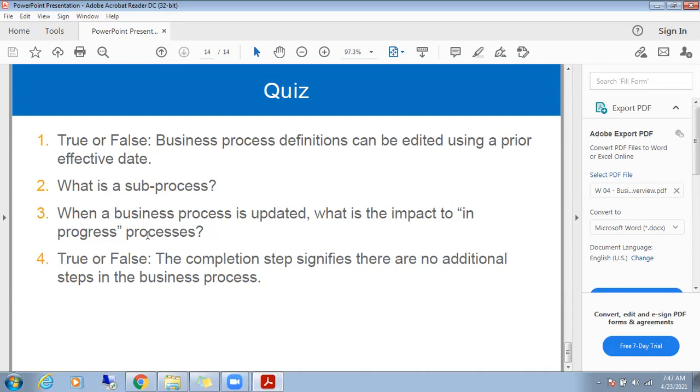They are not yet completed. If there are any changes done in the business process and some steps are in process, these steps can see the changes, depending upon the effective date.